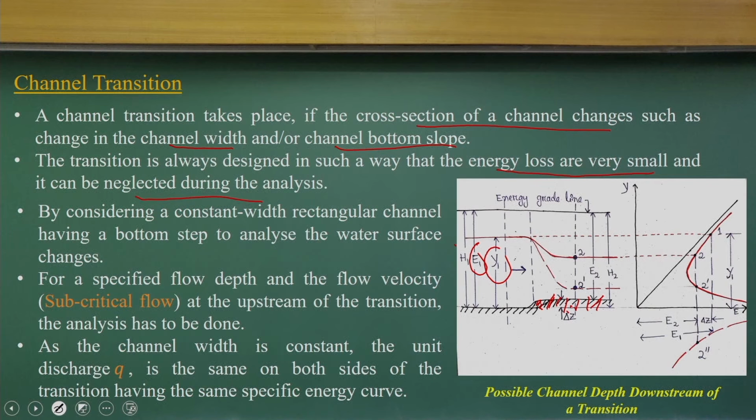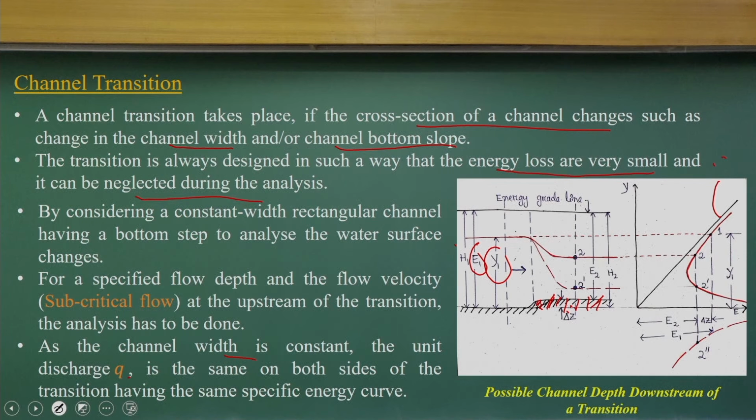Now, if I draw this, what will be the specific energy at section 1 and section 2? If I compare, and if the channel width is constant and the discharge Q is the same for us, that means Q is constant,